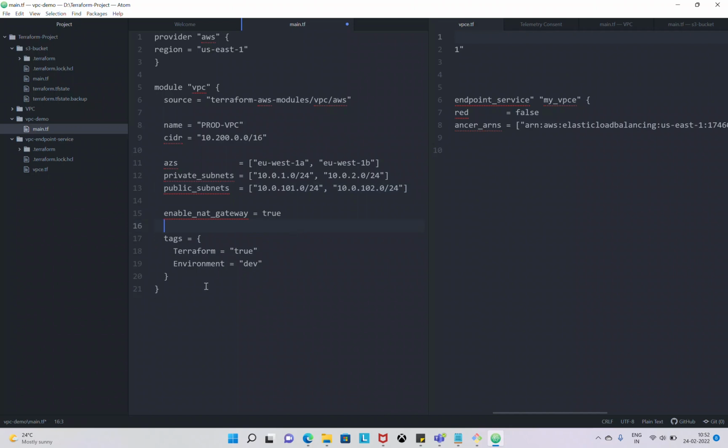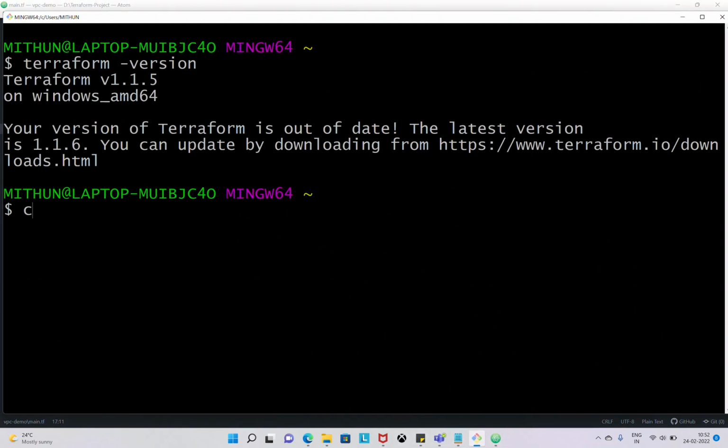Okay. So VPN gateway we don't require now, so I will remove it. And tags you can name as Terraform equals true and environment dev. And name we have already provided here, so we need not mention it again. So once you are done, just press Ctrl S. It will get saved. Now again, if I go to the